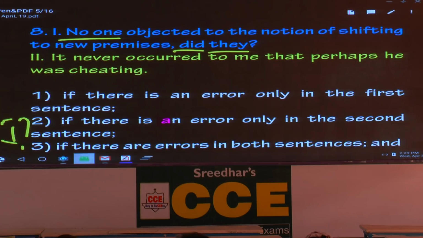Now write the second rule. When we use a negative word as a subject, we should not use the word not in the question tag. Underline the word not in the question tag. So write one example. Already I have written: nobody called yesterday. Nobody is negative. In the question tag, have you used the word not? No.